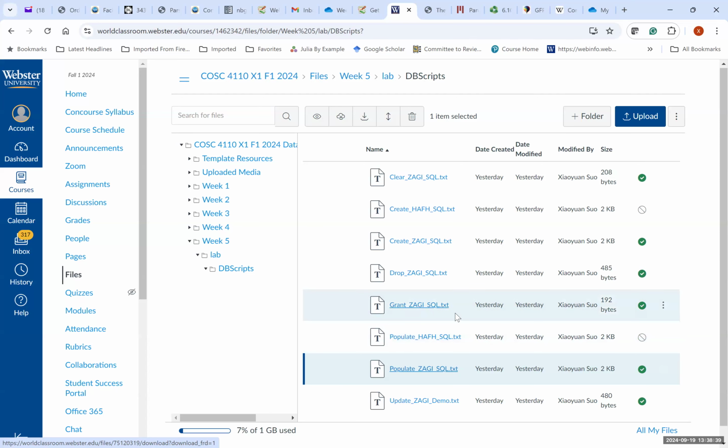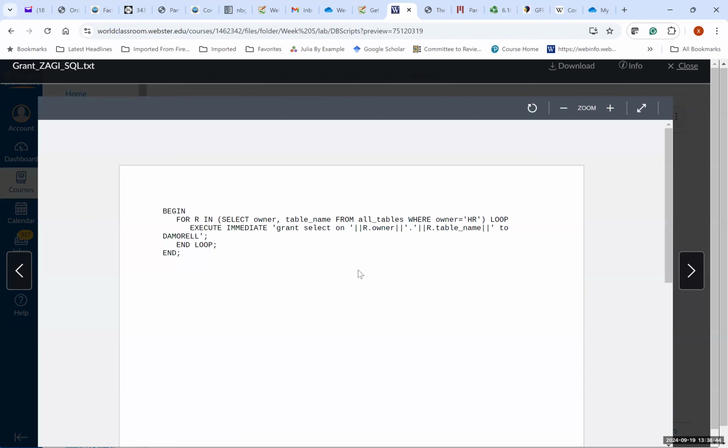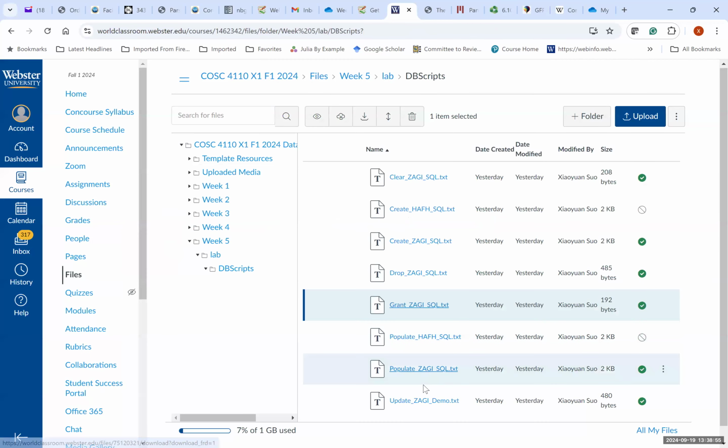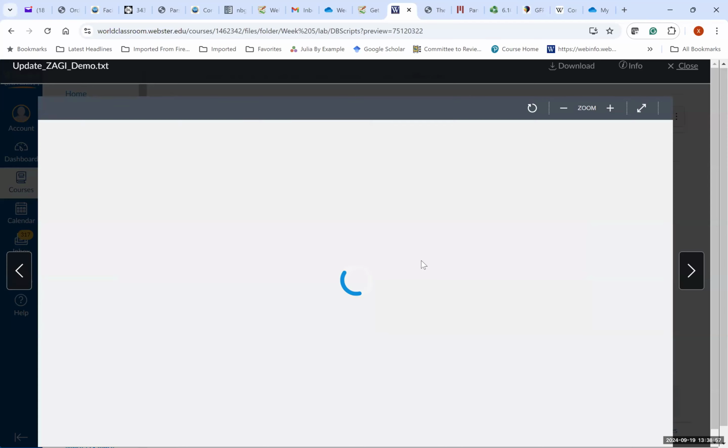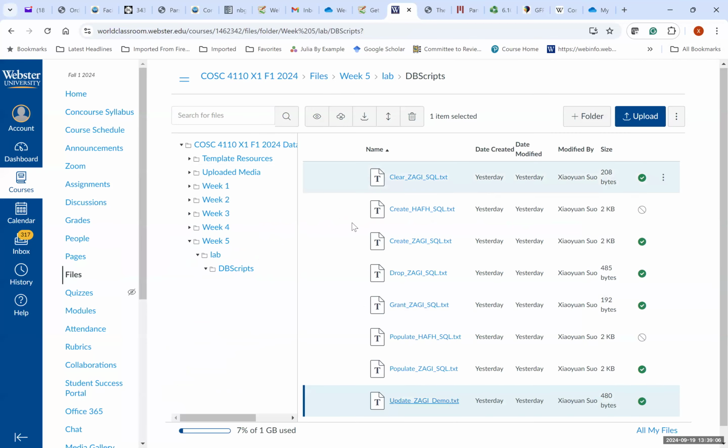So there's also something called grant that I'm going to show you here also. So grant here, so far, there's nothing for you to do. It's just basically grants. We can talk about this later on. So it's not relevant to your assignment for this week. So there's also update, as you can see here also. So update basically alters, and we haven't discussed alters yet. So I plan to talk about this in week number 6. So anyway, let's go back to the